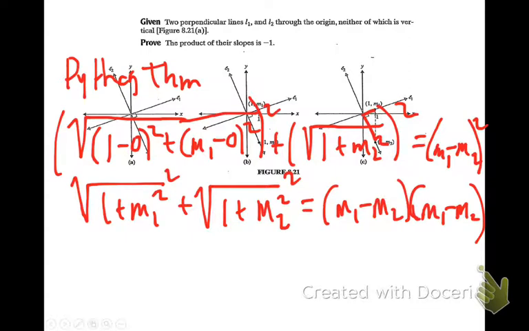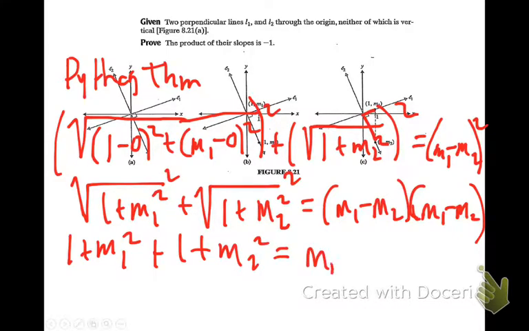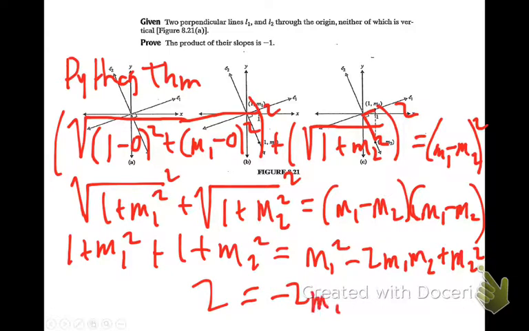And then we square all that out and we get 1 plus M sub 1 squared plus 1 plus M sub 2 squared equals, we do FOIL, M sub 1 squared minus 2 M1 M2 plus M sub 2 squared. So we simplify both sides and we get 2 equals negative 2 M1 M2,